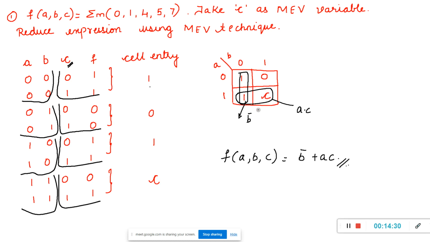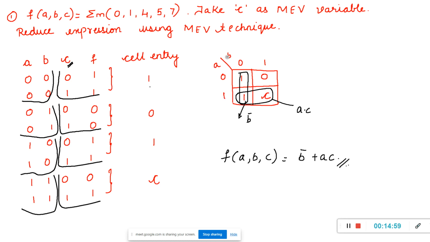So this is a C. Entry is C. So here you need to group the ones as it is, and the rule number 2 says you can map the MEV variable with ones. So you map like this. So for this one, what you will get? B bar you will get. For this one, what you will get? A, C. You need to add the MEV variable which is inside the cell with the